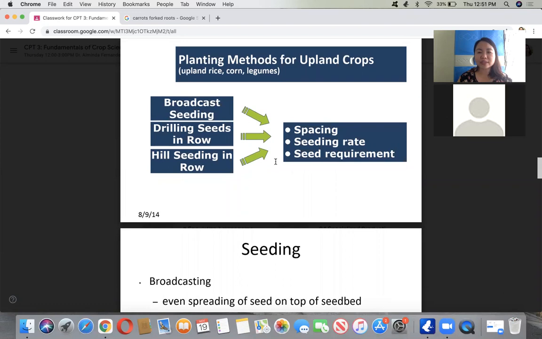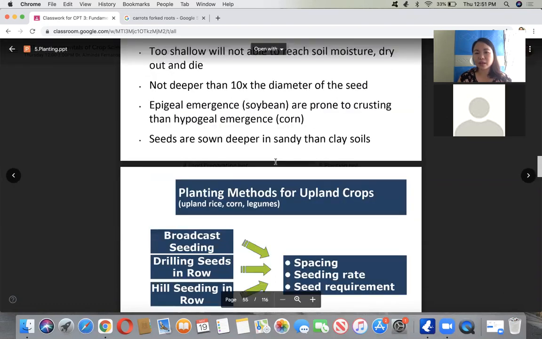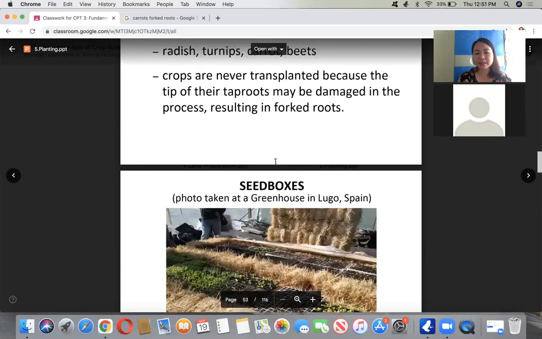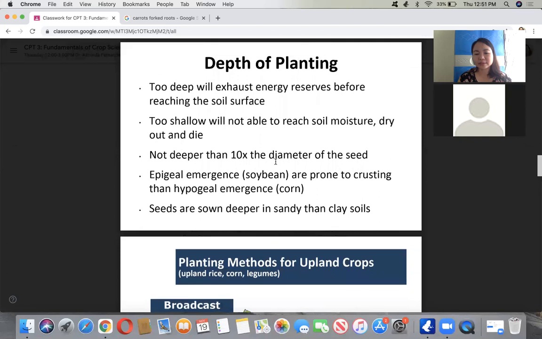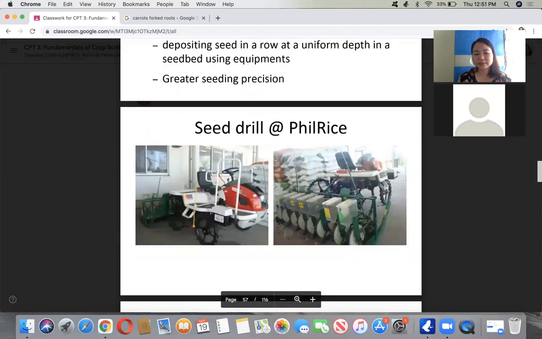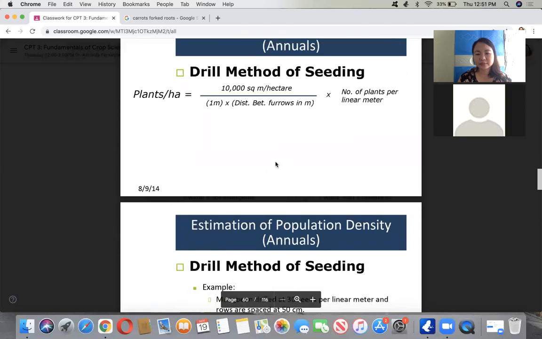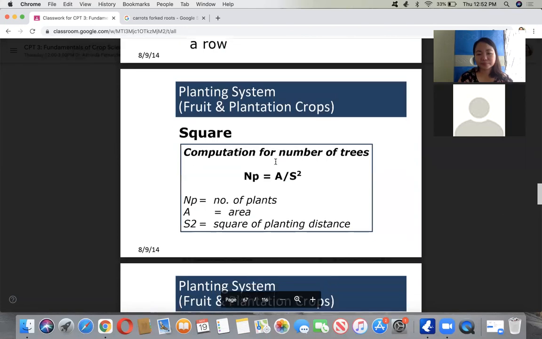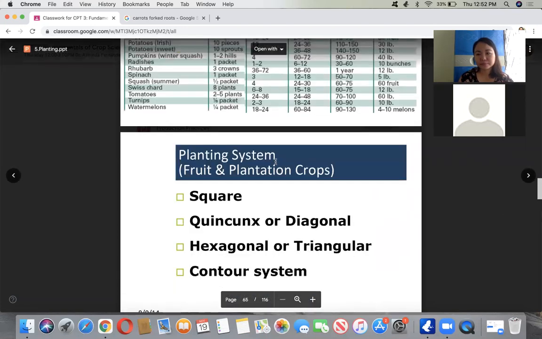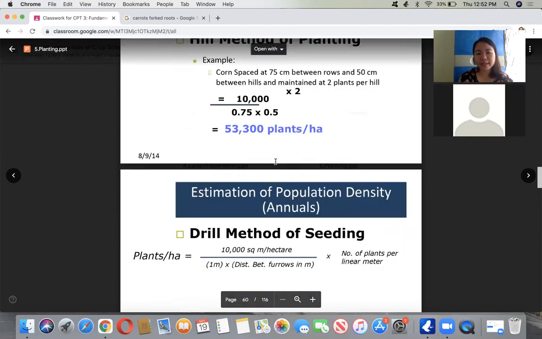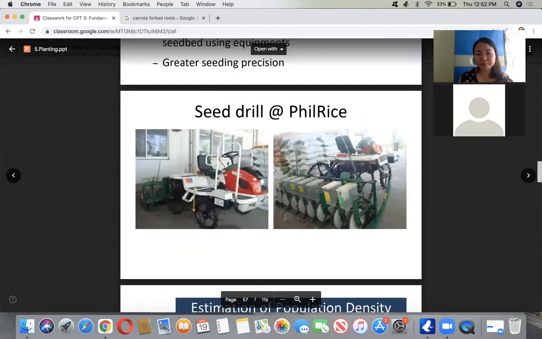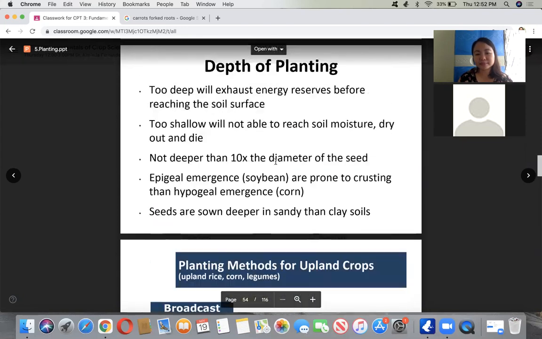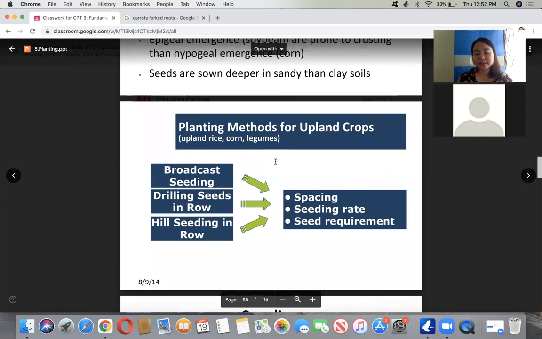So if you have questions regarding seed germination, because we've been talking about seed germination and some planting methods in crops. Ma'am, which of these can be used in seed germination? The Petri dish method, the ragdoll method? Yes, in seed germination testing. Okay. Yes. So